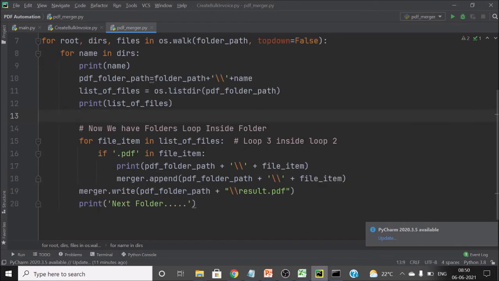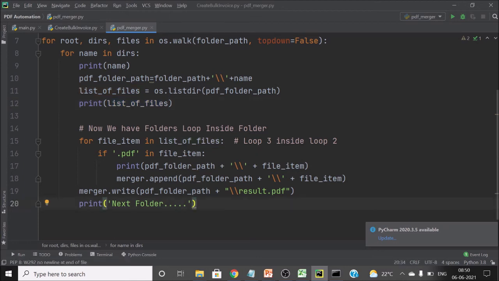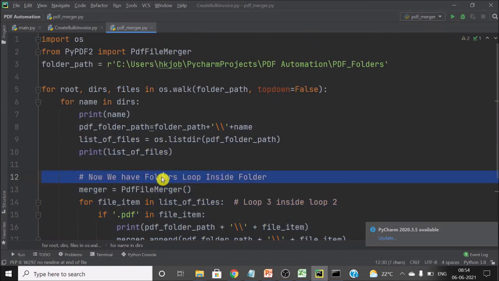So what I am doing is that this is the list of files which we have just printed, and I am going to each file item and merging, and then I am going to the next folder inside the loop. This PDF merger which was at the top, we have to keep it here now.